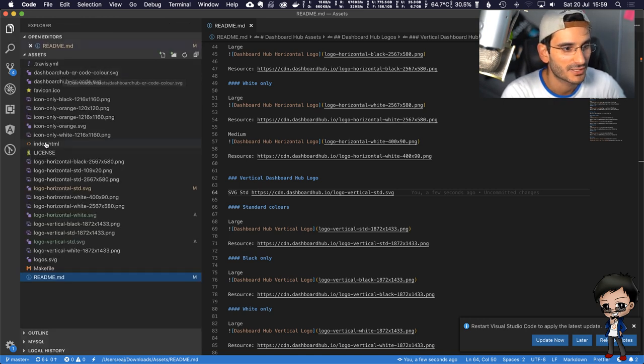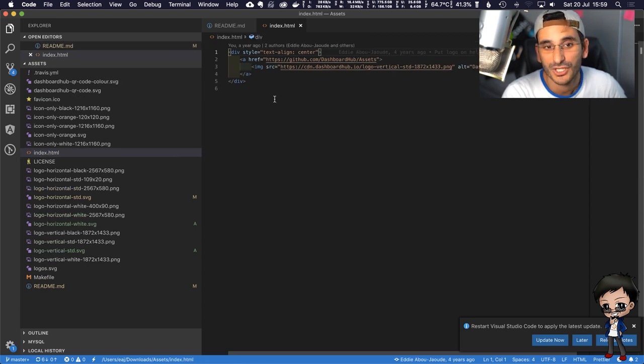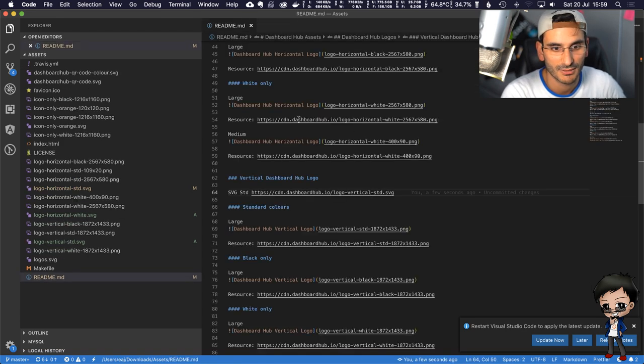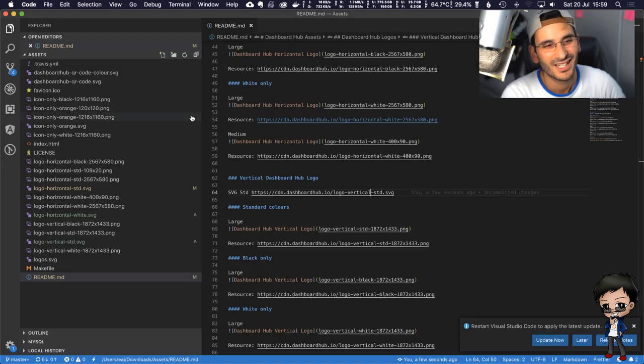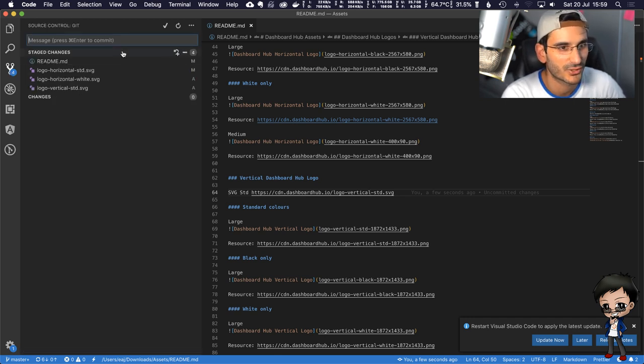Let me go back to the files. Let me just get index.html. Oh, it just has the logo, so ignore index.html. That's good, let's commit it. I'm going to commit it from the command line because, I don't know, can I commit it from here? How will it work with my SSH key? Will that work, Kush? Should I try it? Message, press enter to commit.